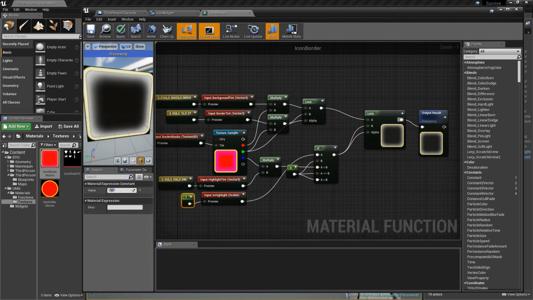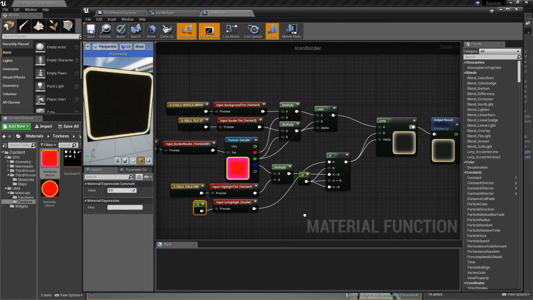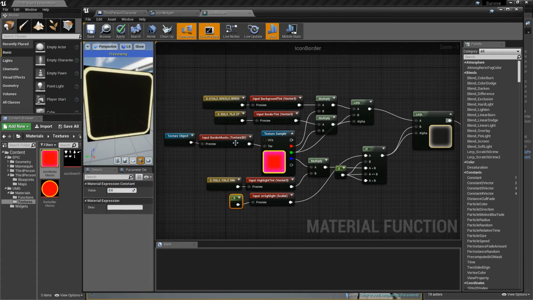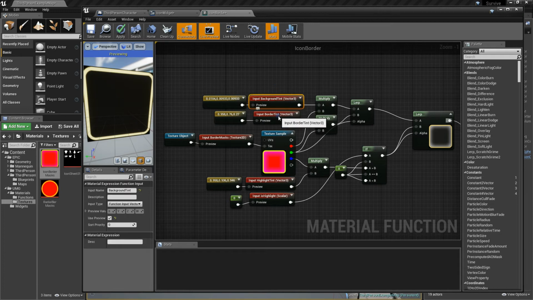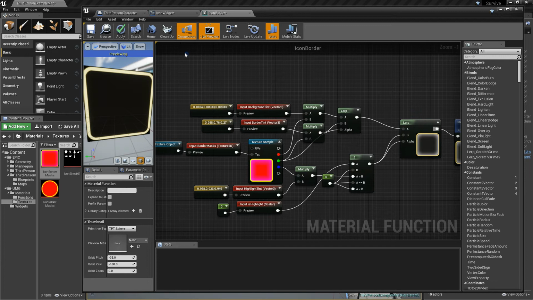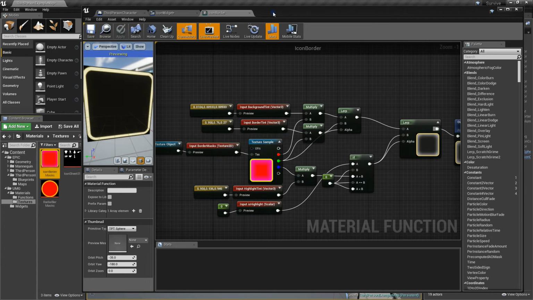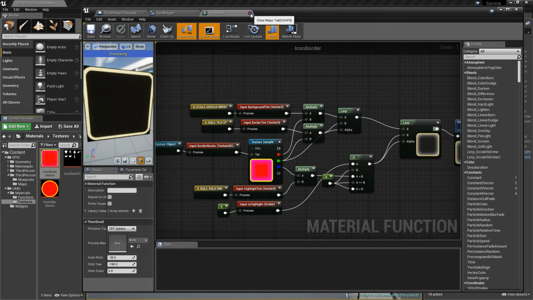Now let's just return this value back to 0, to be non-highlighting by default, and sort our values here. First I want the background tint, then I want the border tint, then I want the highlight tint, then I want the masks, and then if it is the highlight. Save that, close our material function,